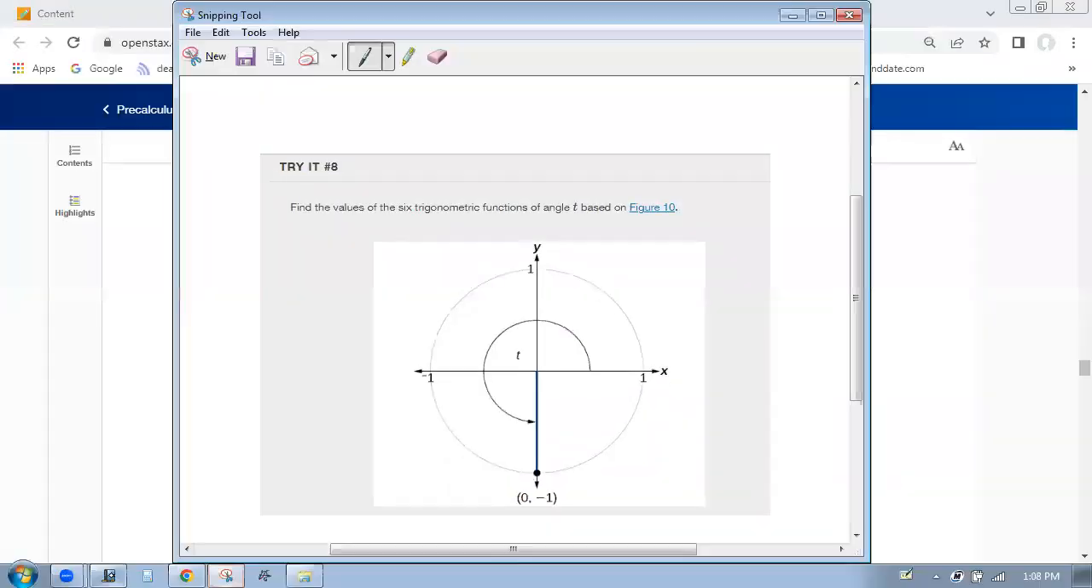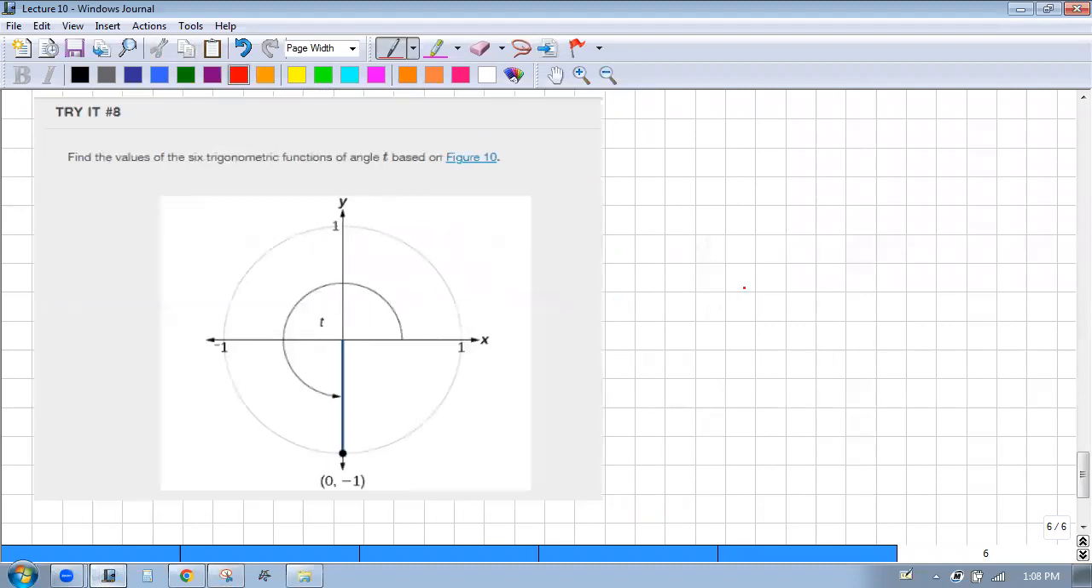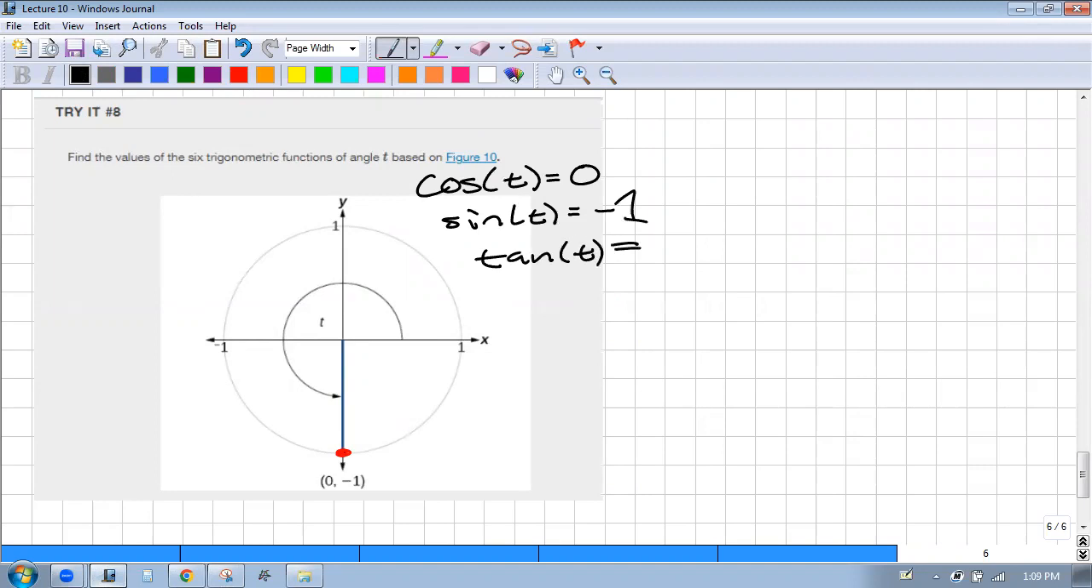There's another one. I'm not sure what this has to do with periods. So I don't know why they have it here, but here's an angle. Here's the corresponding coordinate. Find our 6 trig functions. Well, cosine is the x coordinate. Sine is the y coordinate. Tangent is the ratio of sine to cosine. You can't divide by 0. So tangent for this angle, it's,